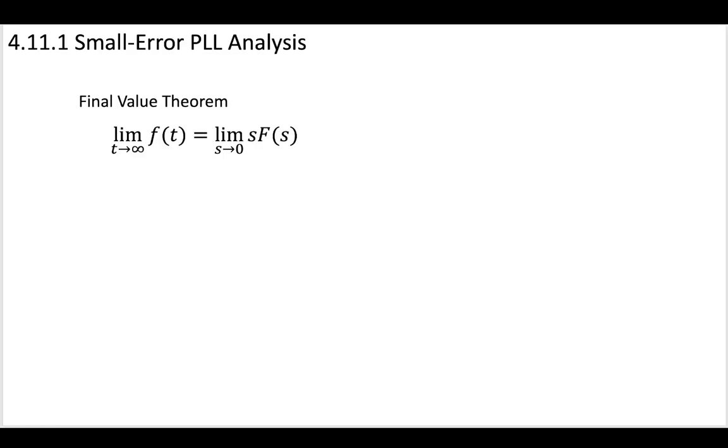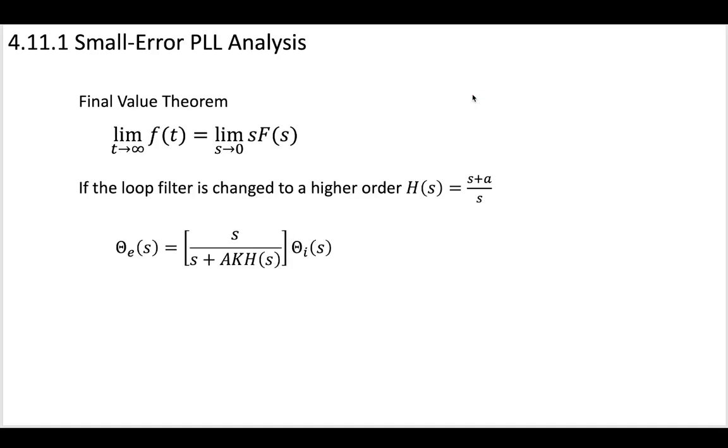So what if we had a different transfer function? Previously, we were assuming that we had a transfer function that looked like this, the most basic case. What if we had a slightly more complex loop filter function? So if it's changed to a higher order, s plus a over s, then this is going to go